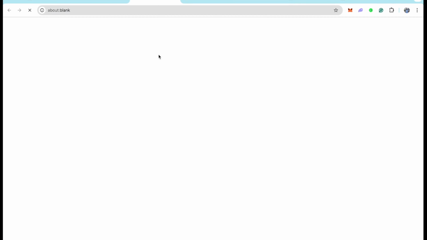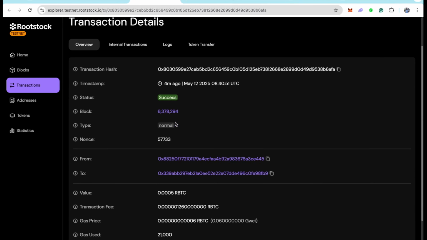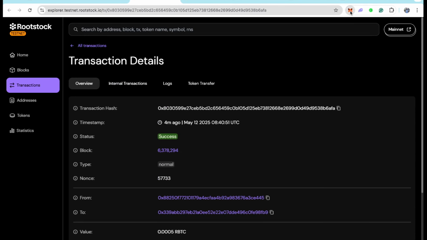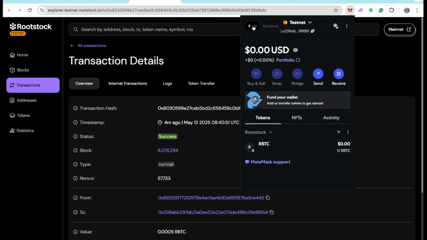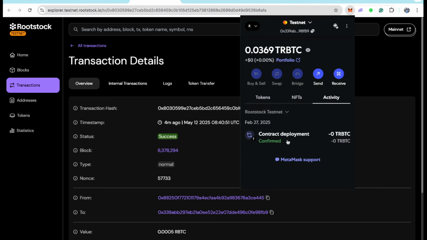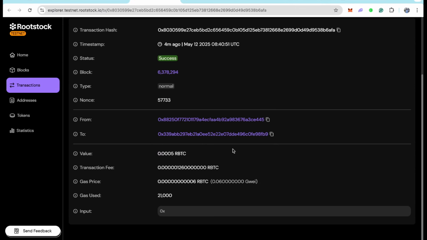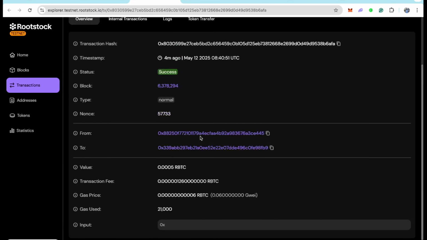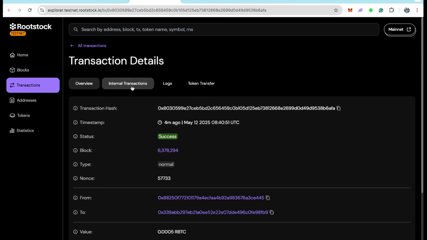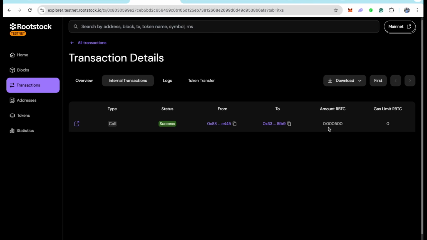If you go here on the block explorer, they have indeed, 4 minutes ago, successfully sent us some test tokens, and you can see here on the testnet, Rootstock testnet. Now I have it in the activity, it is reflected here. So how many tokens from this address to this address, gas price, input, and you can see the entire internal transaction details here and the logs. So this is the amount of